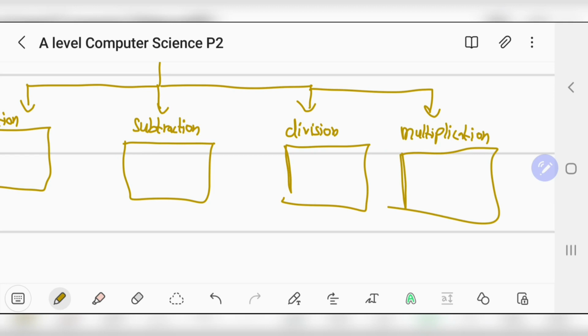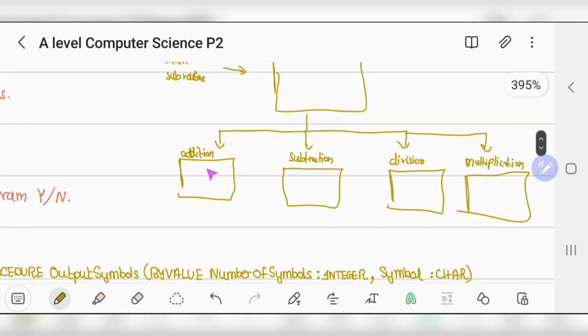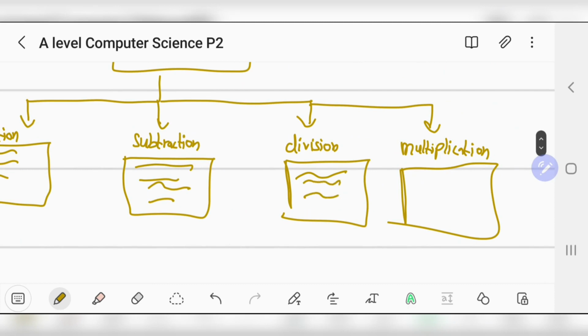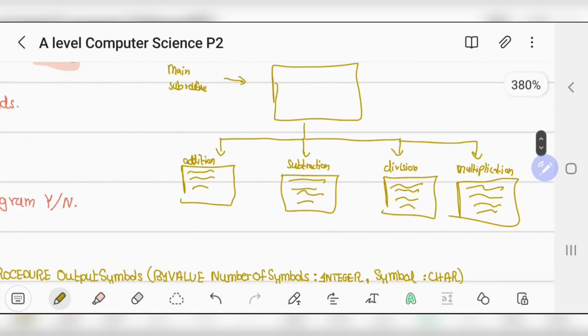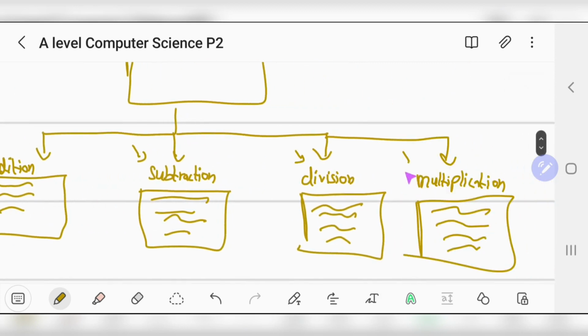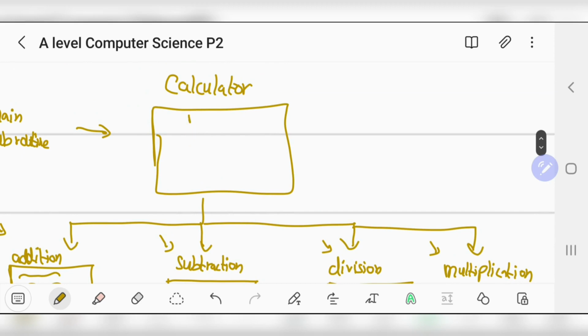And there are so many countless features, but I'm just showing only four: addition, subtraction, division, and multiplication. I'm going to write down the code for addition, the code for subtraction, the code for division, and then the code for multiplication. These are subroutines, and I just name them addition, subtraction, division, multiplication. So this would be the main, where the code is run, and then I'm going to call